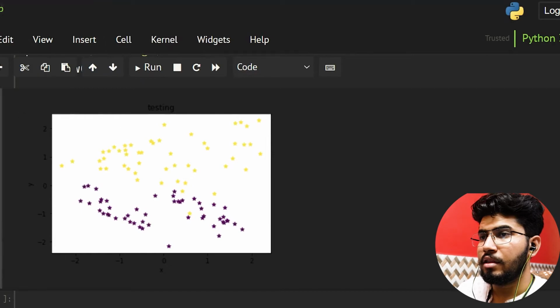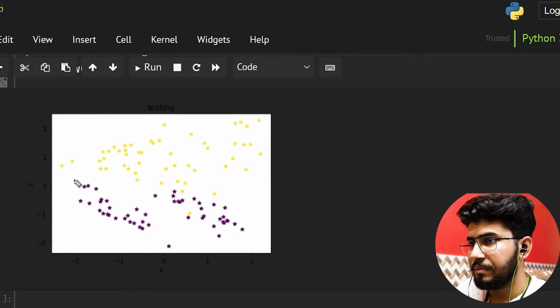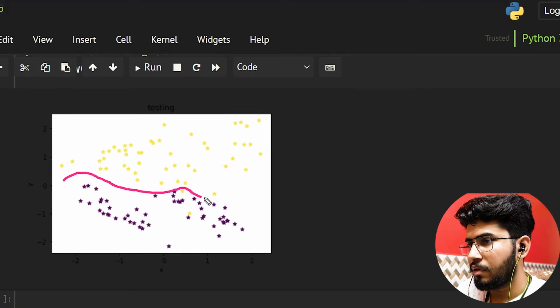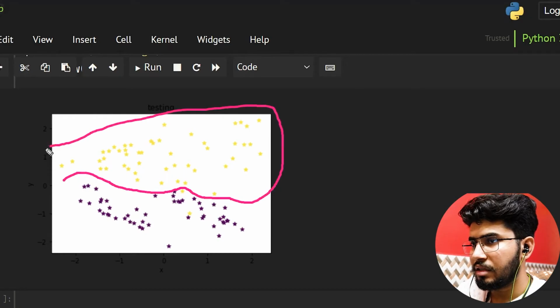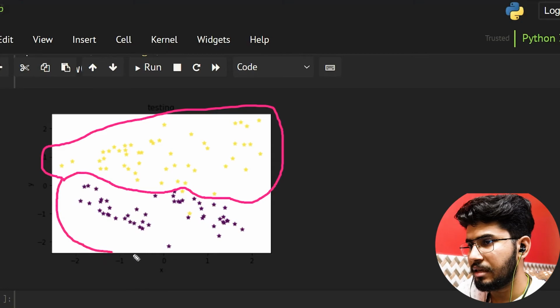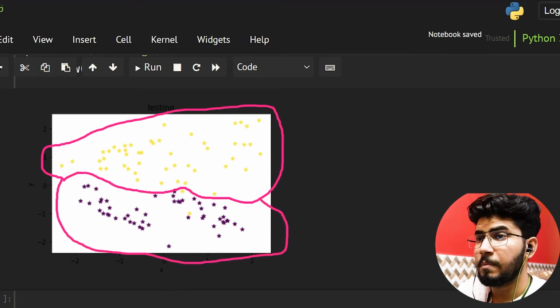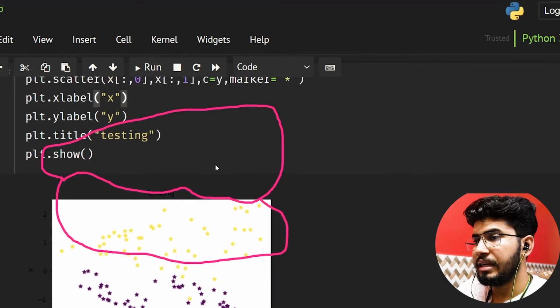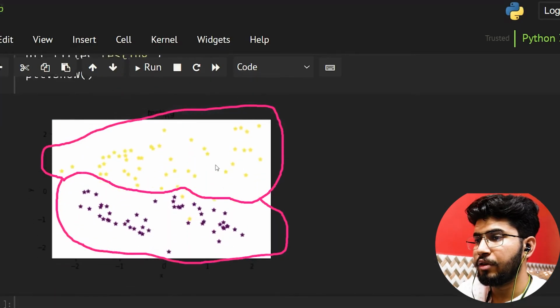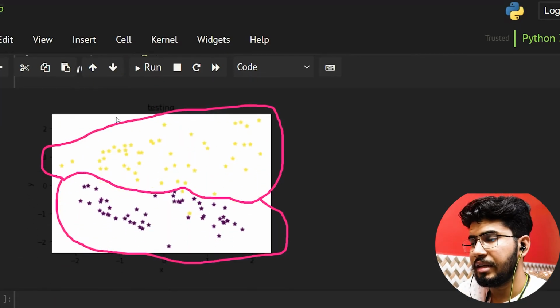Okay, now we can see our data very clearly. As you can see here, this is the data that belongs to class 0, and this is the data that belongs to class 1. You can do it very easily, and now you can represent your data and understand it very clearly.